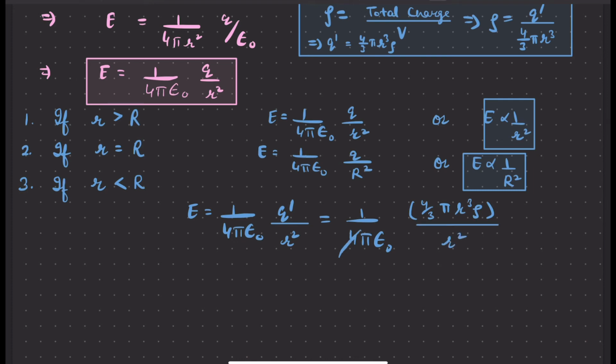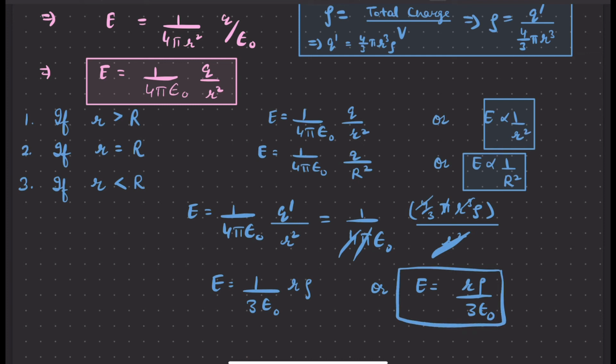Now cancelling out 4 pi and r square, we are left with E is equal to 1 upon 3 epsilon naught r rho, or E is equal to r rho upon 3 epsilon naught. So this is the final expression, and here we can say electric field intensity is directly proportional to r